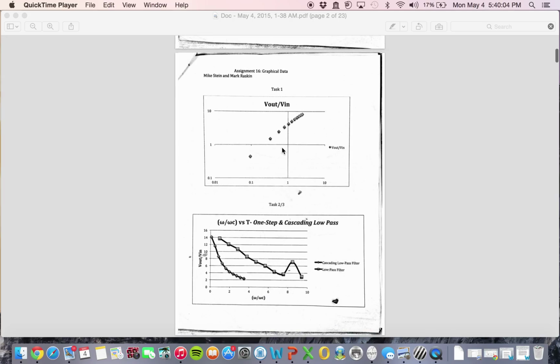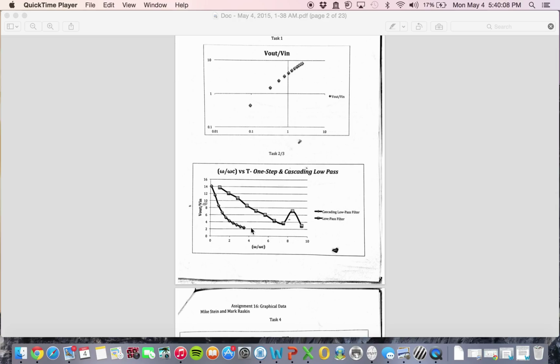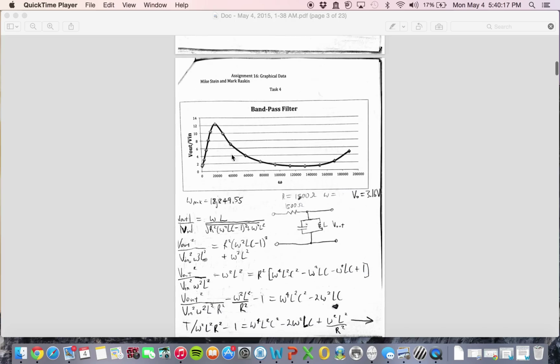So here's number 1, you see the Bode plot for the high pass filter, and here this is the overlay. You can see that the cascaded low pass filter is clearly sharper and filters out more of the high frequencies more quickly. The bandpass filter is right here, and you can see the peak frequency, we read it